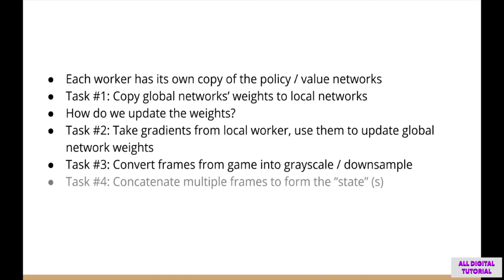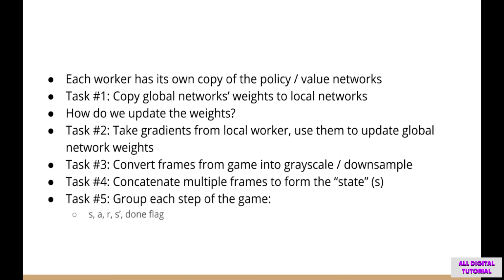Then we need a function to concatenate 4 consecutive frames from the game into a single array. That's what's going to be the state to our neural networks. We'll also need a way to group each step of the game together. That's going to keep track of the state, action, reward, next state, and whether or not the episode ended. We can use this object to then form the inputs and targets to update the weights of our neural networks. So that's just a short summary of everything the worker has to do. Now let's get to the code.